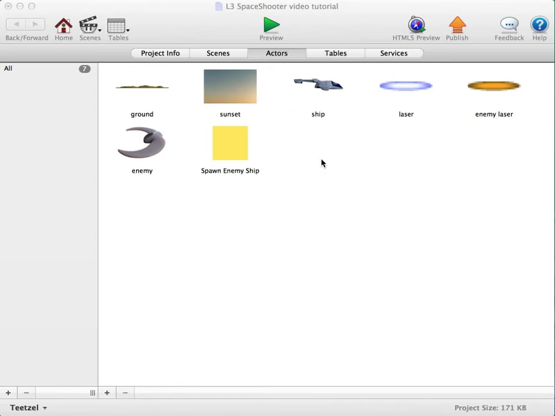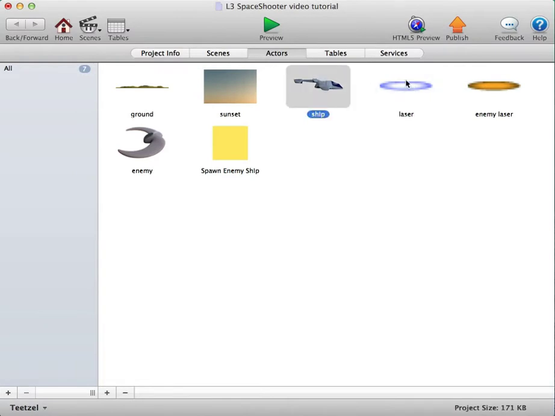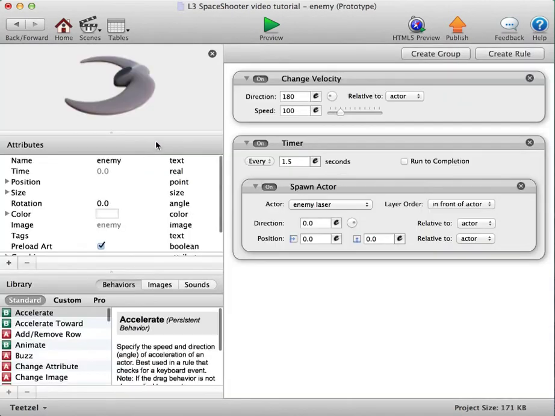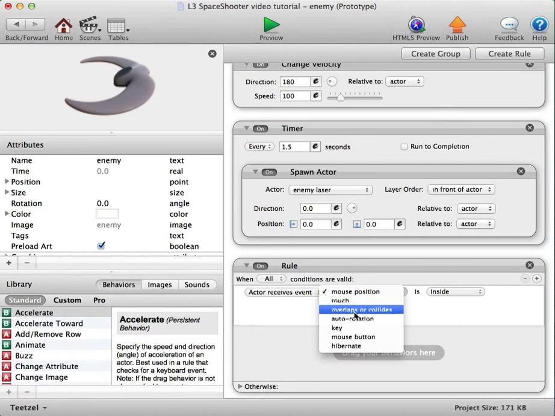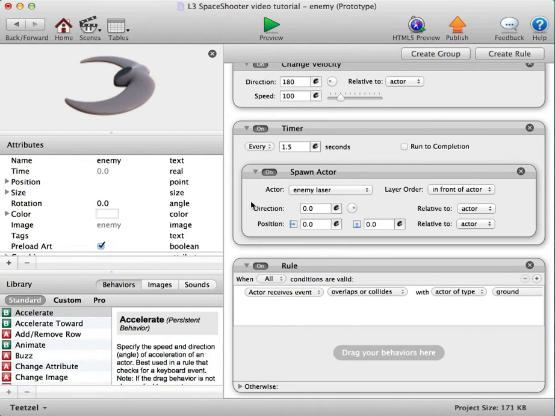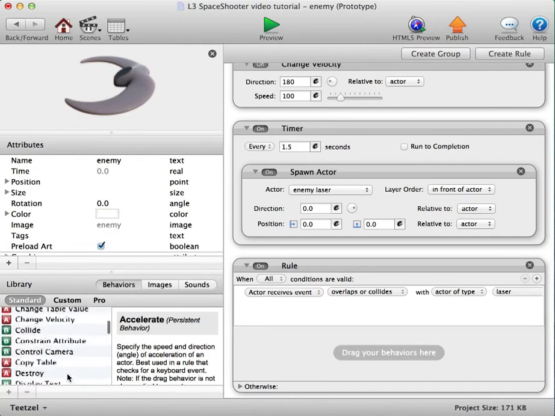Alright, so let's go ahead and create the collision events for the lasers. Let's go into actor, and then into the enemy ship, and let's click on the enemy ship and create a rule that says when there's a collision with, let's go to collides, and then when the enemy collides with, not the ground, but with the laser, which is the ship's laser, we want to destroy